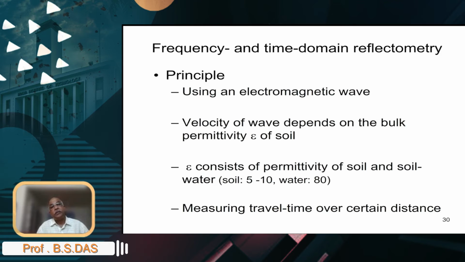polarization characteristics. The velocity of the electromagnetic wave would depend, as water being a dielectric material, on the bulk permittivity of the soil. As all of you know, the relative permittivity or the bulk permittivity is the ratio between the permittivity of a material and the permittivity in the free space, and so generally when soil is the dielectric material, with water being the major